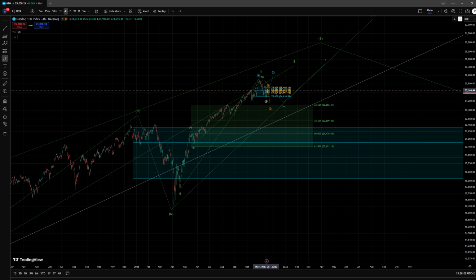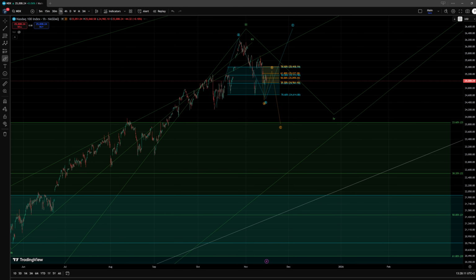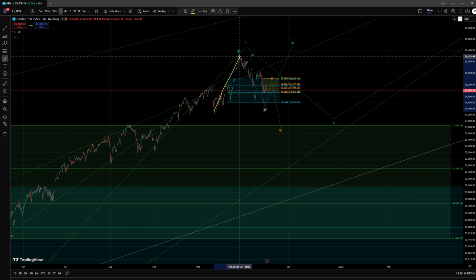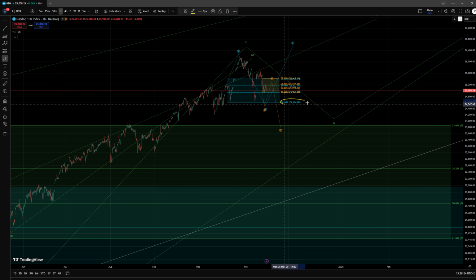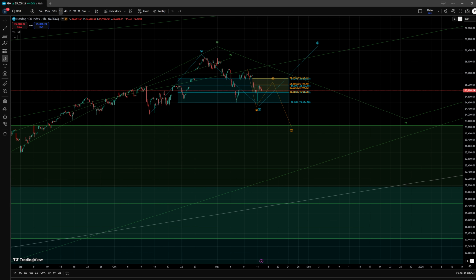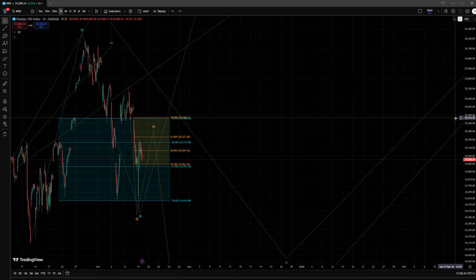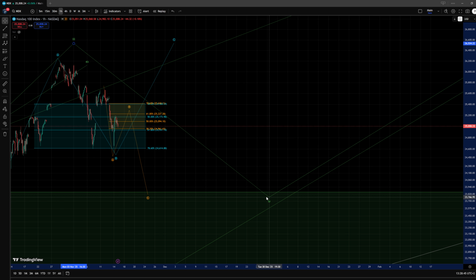At this point, I do have here in the very small time frame this blue scenario, this blue interpretation, where we basically have a wave A up here, and we are looking for possible extensions where we may have had here just a wave B correction, and as long as we hold the $24.6K level, we can still look for continuation higher within a wave C. Now, that would be a signal that if we break below the 24.6K, again, we did touch it a couple of times and they did prove useful, this area of support, but breaking below this level again would likely tell us that we should be prepared for a more significant retracement within the larger wave 4.